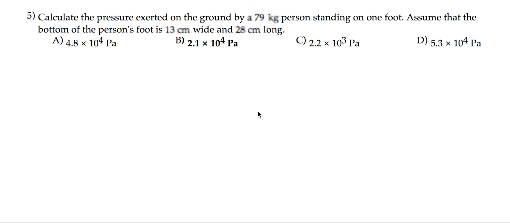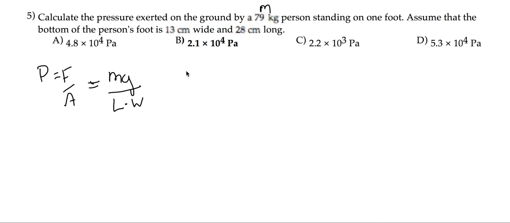Number 5. Here we're looking for pressure. Pressure is force divided by area. The force exerted is going to be equal to the weight of the person. The weight of the person is just mg, where the mass is 79 kilograms. And the area is going to be the length times the width